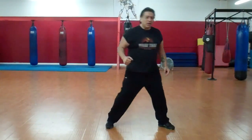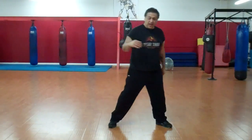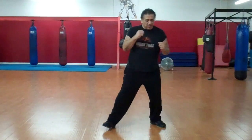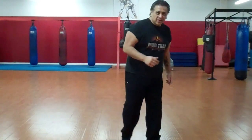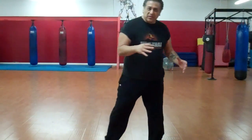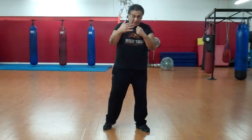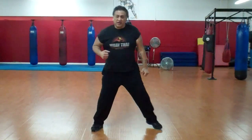You can't do that while you're sliding. It just takes too much time, okay? The only time I would advise you to slide is when you're further away from the opponent. What I usually call it is stalking footwork. I'm just stalking, just sliding, getting closer and closer to my opponent before I start stepping, okay? Once I'm in range, once I can touch them and he can touch me, that's when I go into